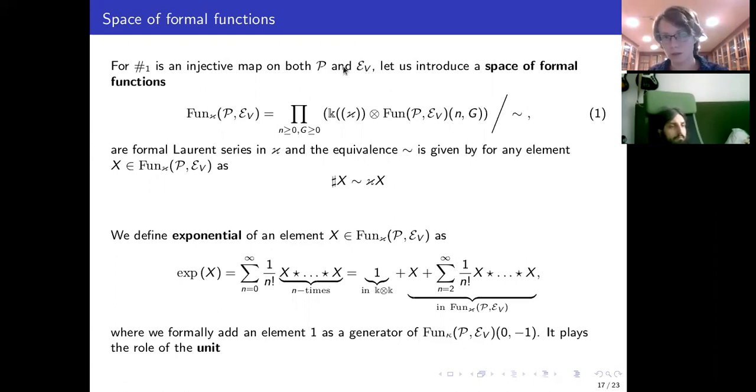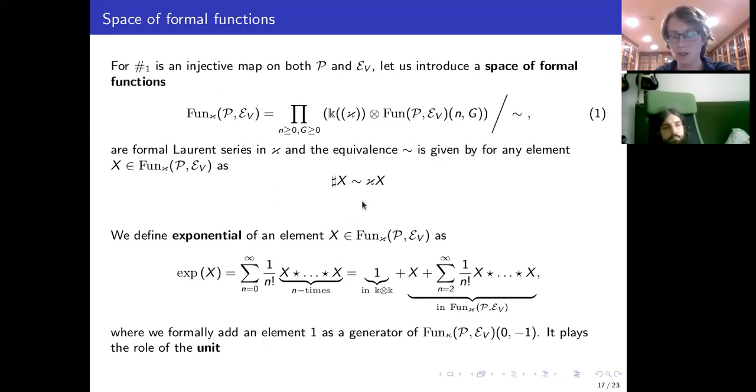So just the endomorphism operad as I showed you. Now we can introduce the space of formal functions where we take the Hom of P with the endomorphism operad, we tensor it with the formal Laurent series,